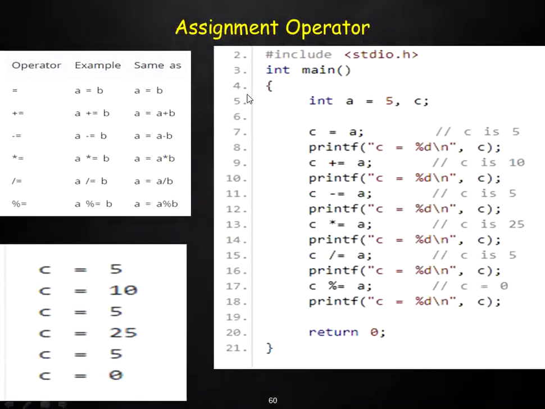Now these are the assignment operators. Equal to is an assignment operator, plus equal to, minus equal to, star equal to, divide equal to, modulo equal to. So these are called as the shorthand operators. Now this can be read as C is equal to C plus A. Instead of writing that whole thing, it's written as C plus equal to A. So this is C equal to C minus A. So what is repeated 2 times just comes in once over here. So that is your assignment operator.